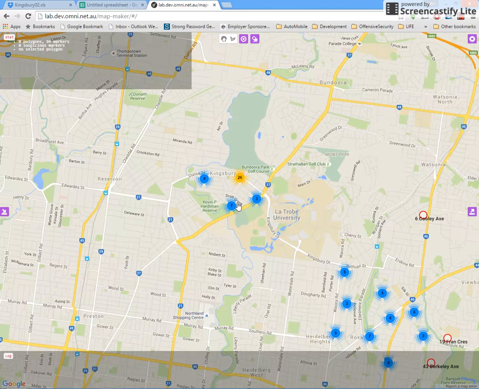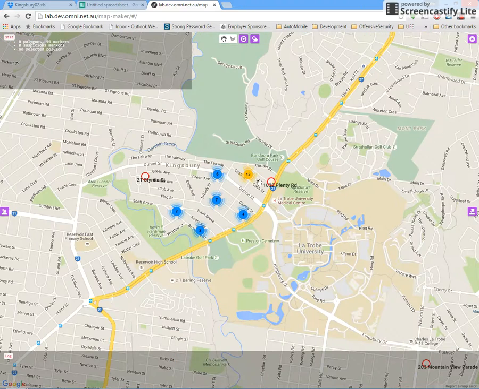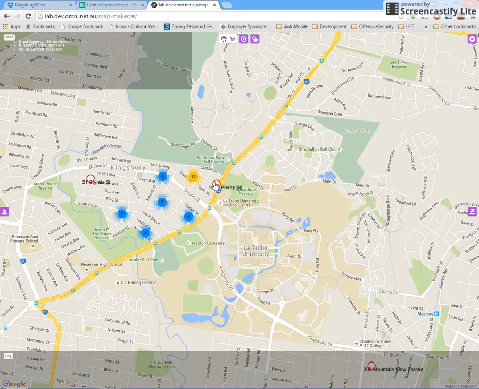I'm going to make some polygons. A polygon is like a territory. So pretty much 12 is here and a little bit here, so I'm going to create a polygon here. It said 9.